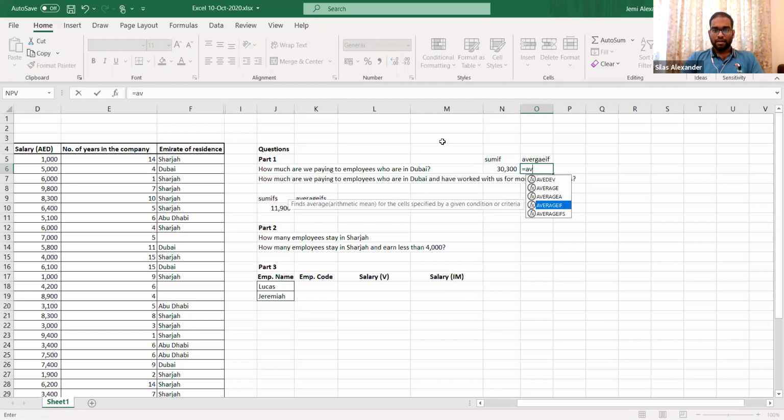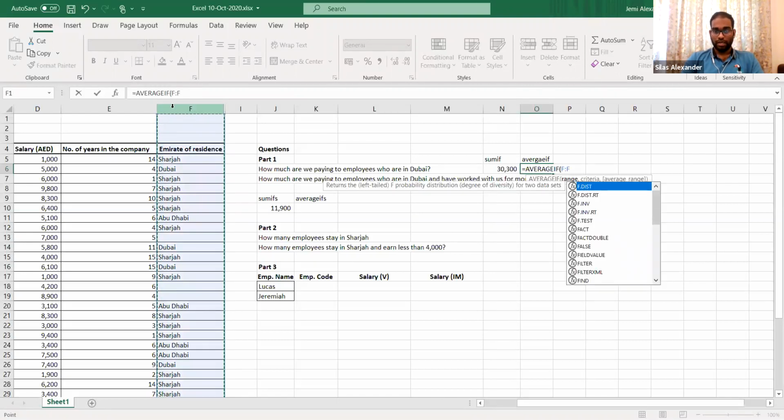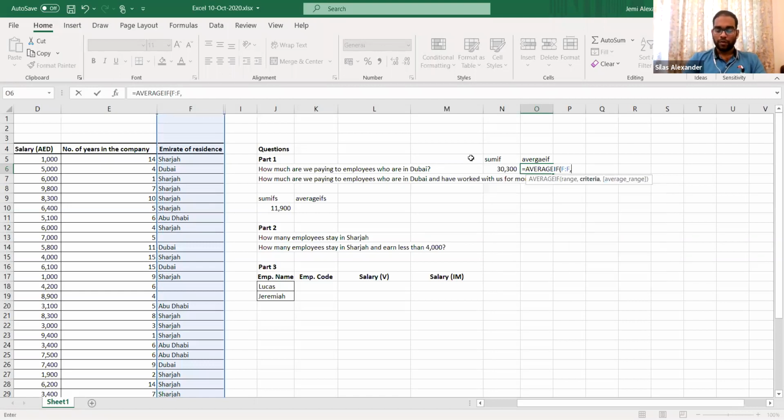Averageif finds the average for the cells specified by a given condition or criteria. Same way as Sumif, not Sumifs: range, criteria, and average range. The range means where your criteria is. This is the range where your criteria, which is Dubai, is. So once again, the condition is what is the average that you're paying to employees who are in Dubai. That is a range, and then you put a comma, and then you open your criteria, which is Dubai,